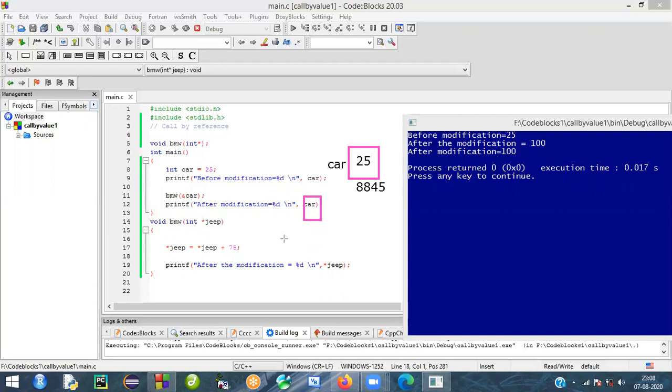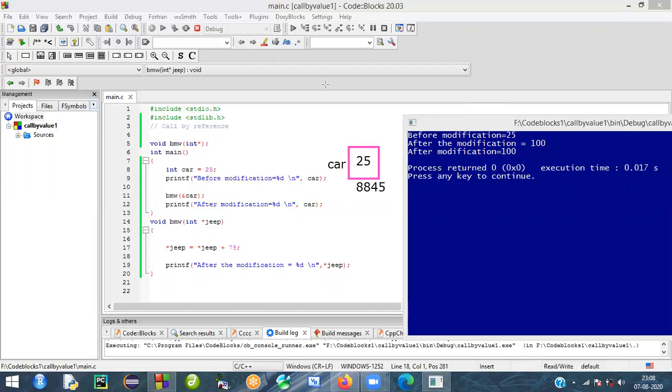The value will be replaced over there: in place of 25, it will be replaced with 100. So before it was 25, after that it is 100. So when the modification is done through parameters, after returning to the main function, it will print 100.